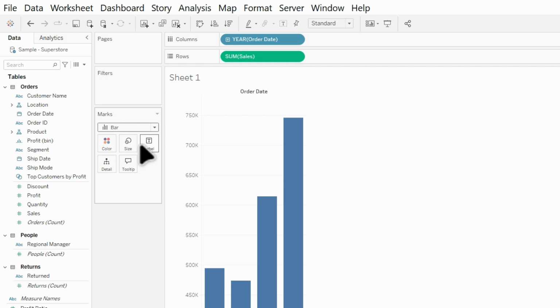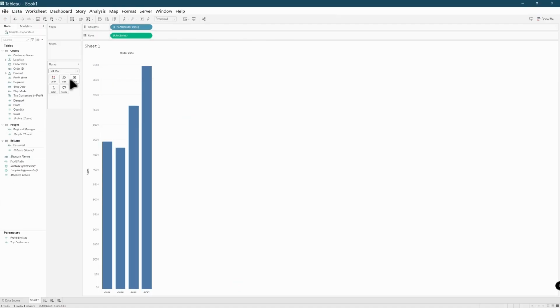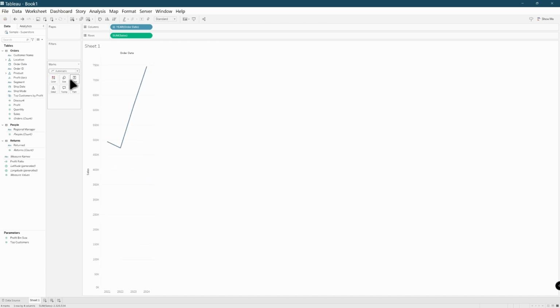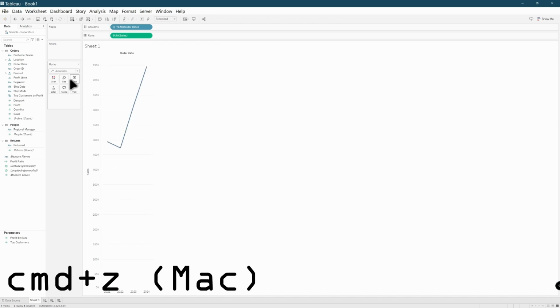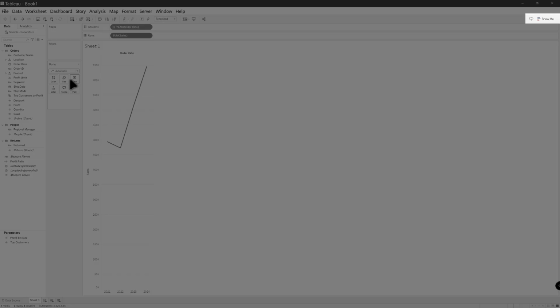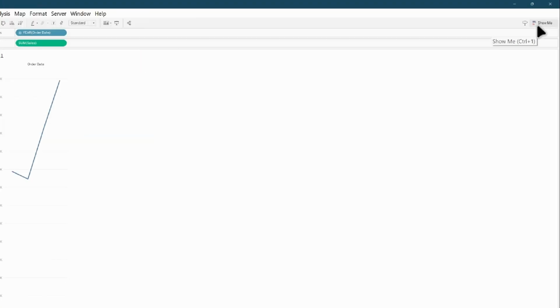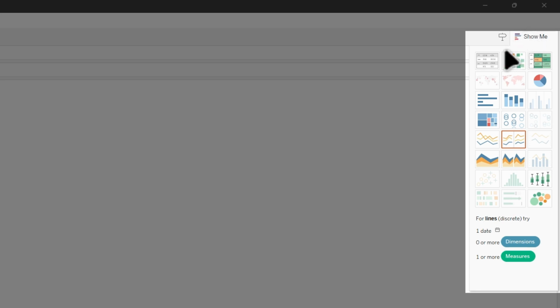I'm going to zoom out so that you can see my full view, and now you have a bar chart comparing the sales from year to year. The second way to create a bar chart, so I'm going to default back to the original by just pressing Ctrl Z, is to use the show me panel, which is at the top right. If you follow my cursor, I'm going to zoom in, you hit the show me panel, and you can see that we have the option to create a horizontal bar chart.